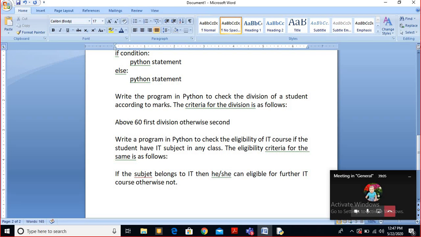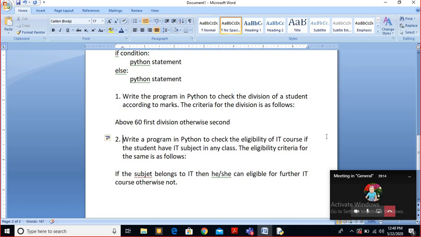So this is the one program, and this is your second program.